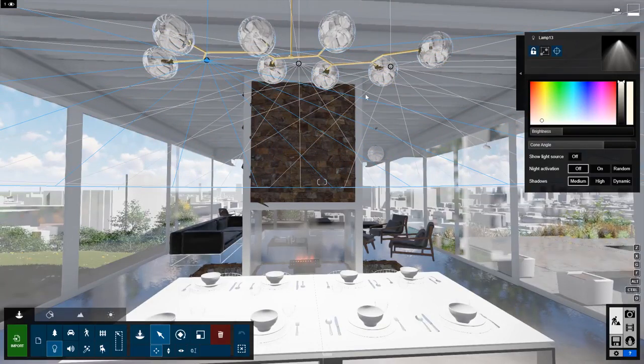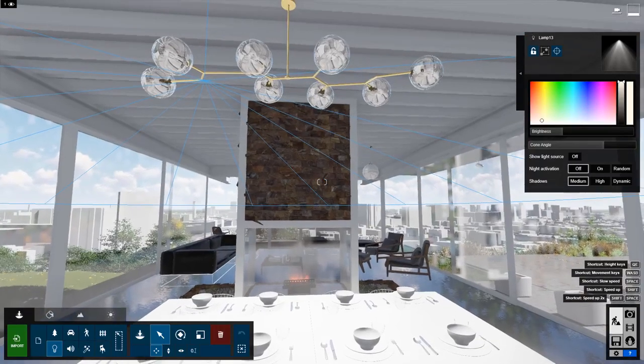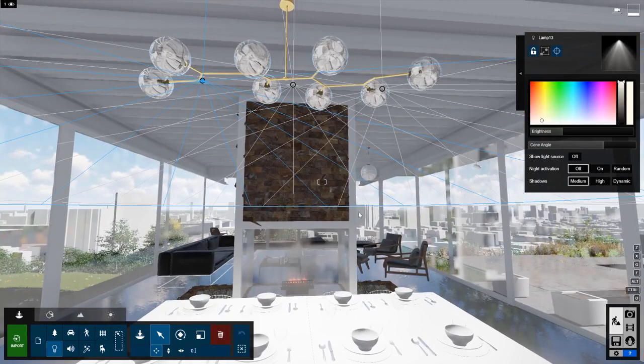There we go. So that's how you can kind of work with these different objects without having to make a bunch of one-off clicks and moves. So you're not moving it to the left and reorienting your view and moving it to the right. Definitely these keyboard shortcuts are critical for moving fast in build mode. So you can see that with Lumion 9, it's much easier to move, rotate, copy, and modify objects within your scene.